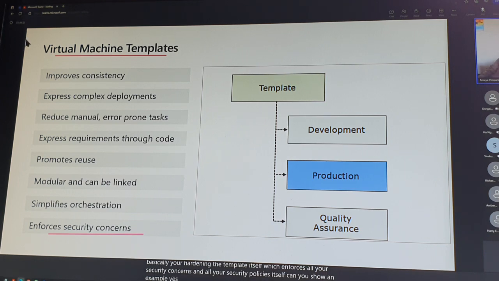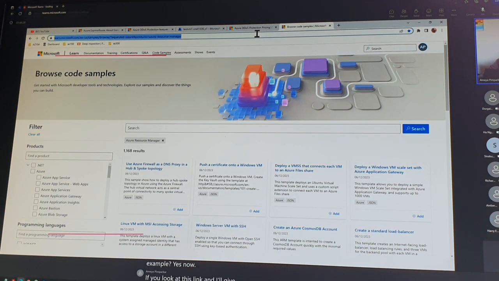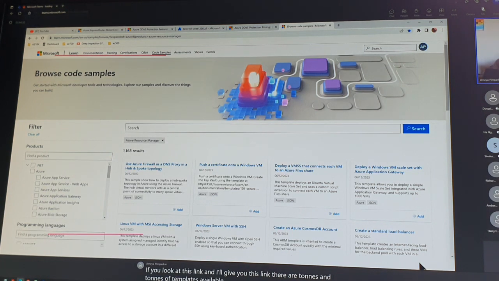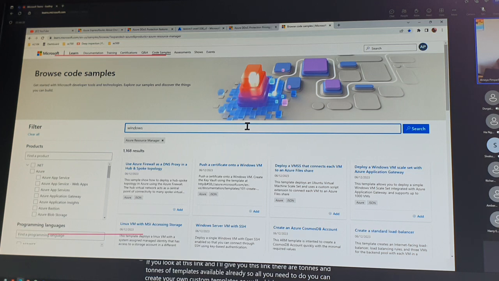Yes. Now, if you look at this link, and I'll give you this link, there are tons and tons of templates available already. You can create your own custom templates as well, which you might have done for labs also. So if I just look at a simple Windows template,